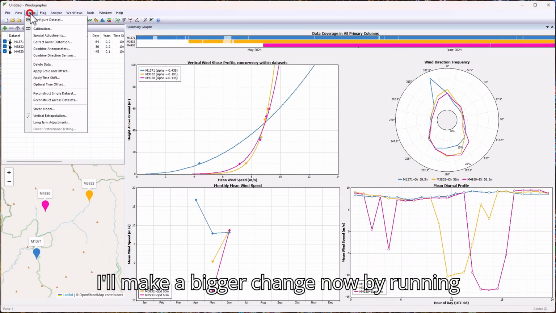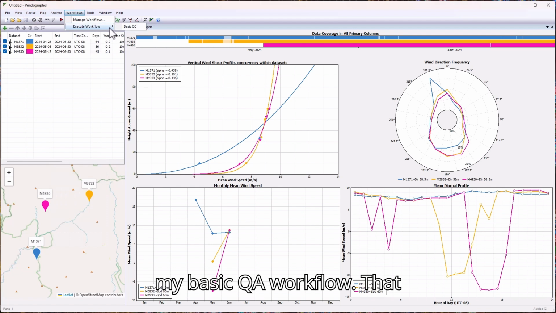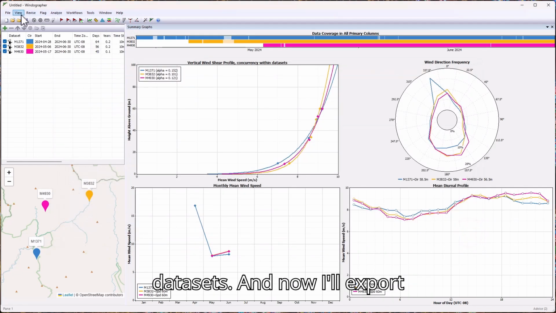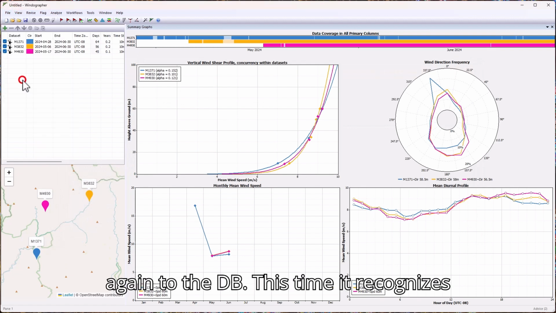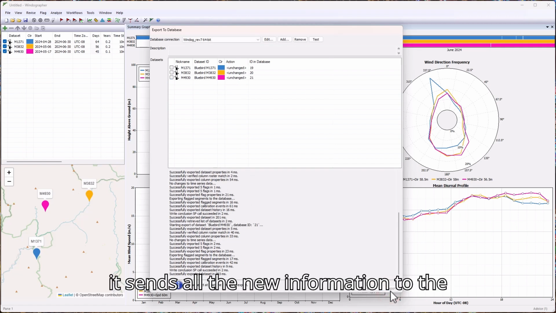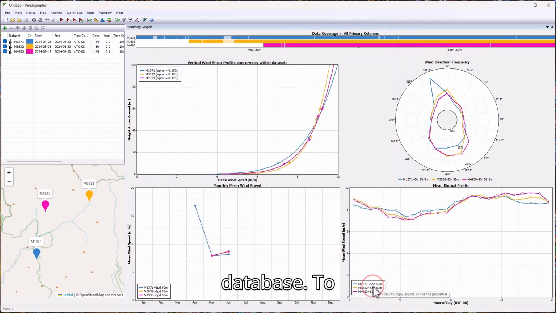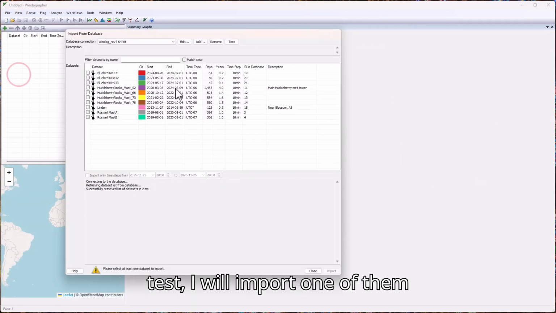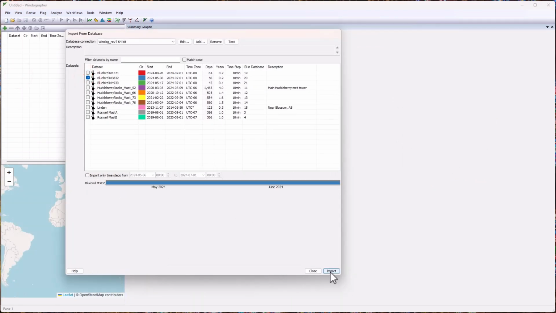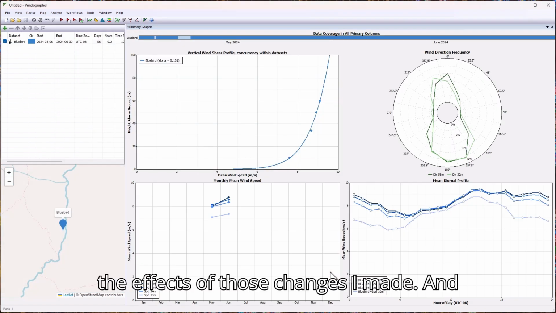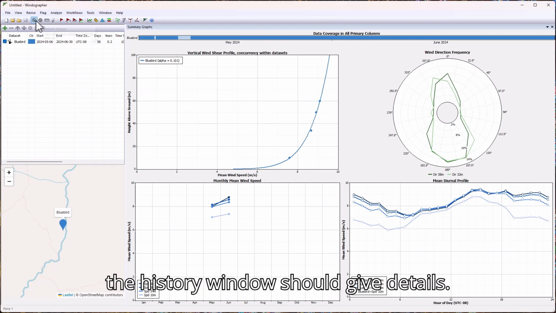I'll make a bigger change now by running my basic QA workflow. That runs multiple flag rules on all three datasets. And now I'll export again to the DB. This time it recognizes that all three datasets have changed, so it sends all the new information to the database. To test, I will import one of them back. There, it is all cleaned up, so we can see the effects of those changes I made, and the history